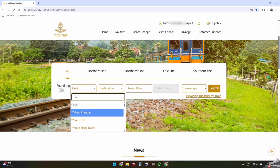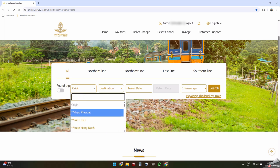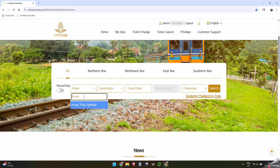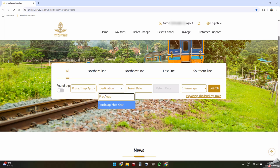Now, one thing to remember is that the main train station in Bangkok is sometimes known as Bang Sue. Bang Sue Junction is probably not the one you want to use, so you want to use the actual name of the train station that shows up on here, which is Krung Thep Aphiwat. Krung Thep Aphiwat is the main Bangkok train station, so useful to know that. Then I'm going to go destination. Right, I want Prachuap Khiri Khan,